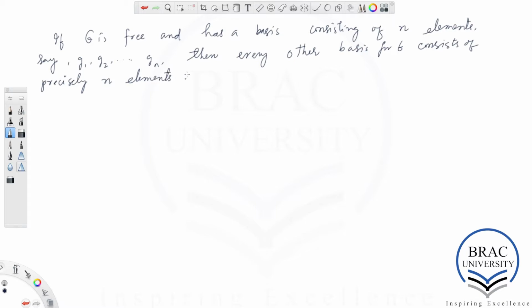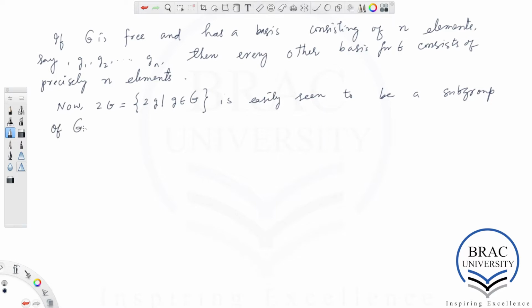Let's see how we prove it. Now, we write 2G, which is the collection of all elements of the form 2 times g, such that g is in the group big G. This is easily seen to be a subgroup of G. So one can check that it's a subgroup immediately.